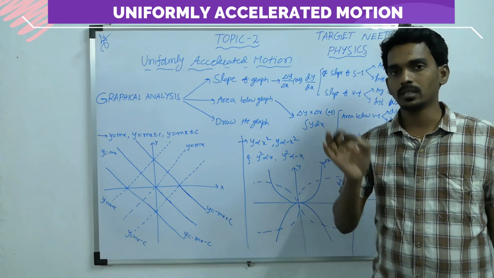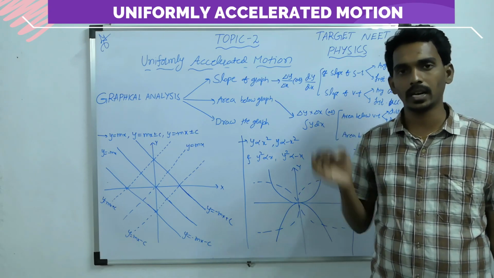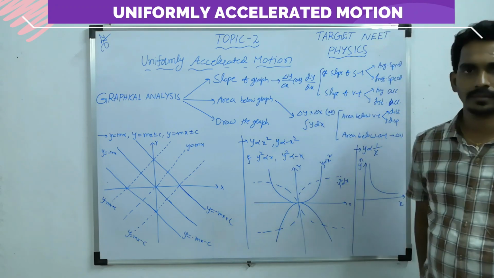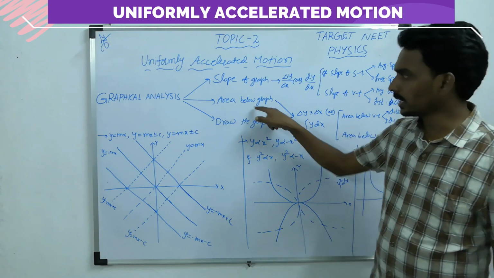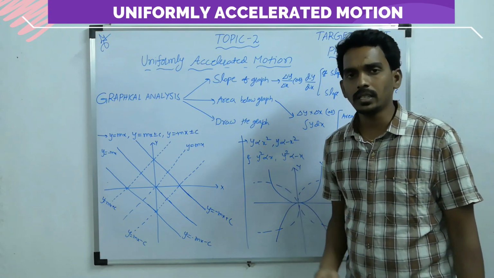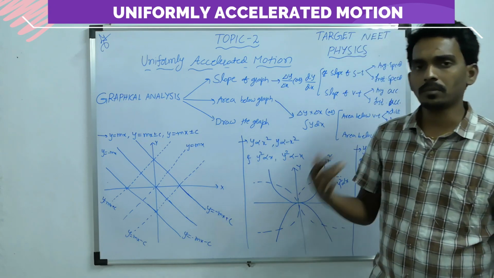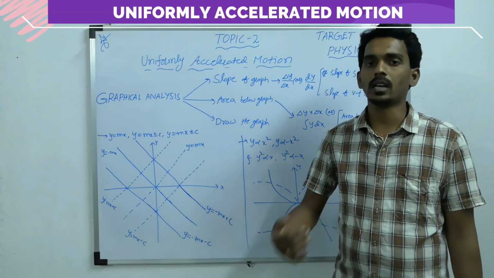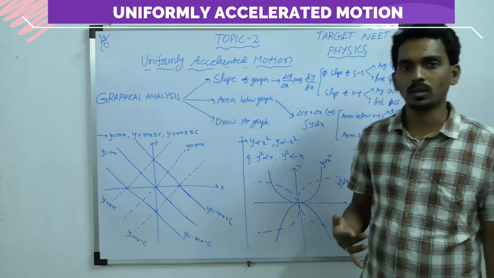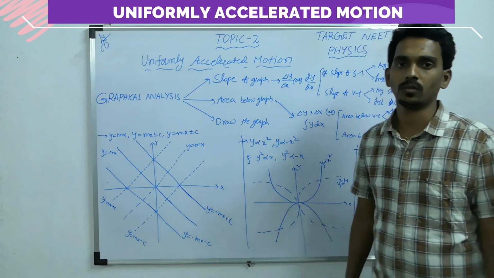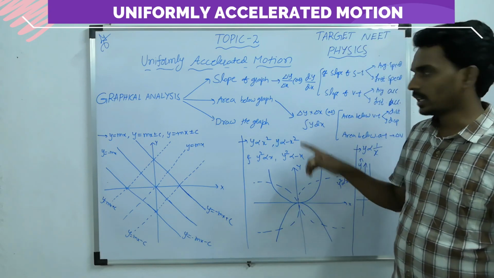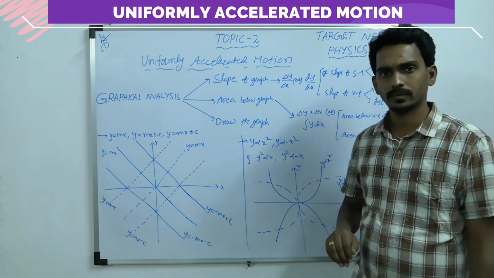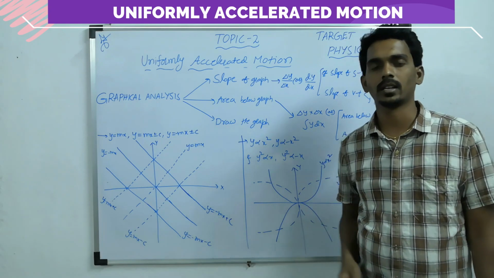So the slope of a straight graph is delta y by delta x. The slope of a curved graph is dy by dx. Next, the second type of question. From the given graph, if you find the area below the graph, you can sometimes find the answer. But you have to understand that and decide on your own first. The area below the graph means proportional to delta y into delta x. Not like you will simply take delta y into delta x.